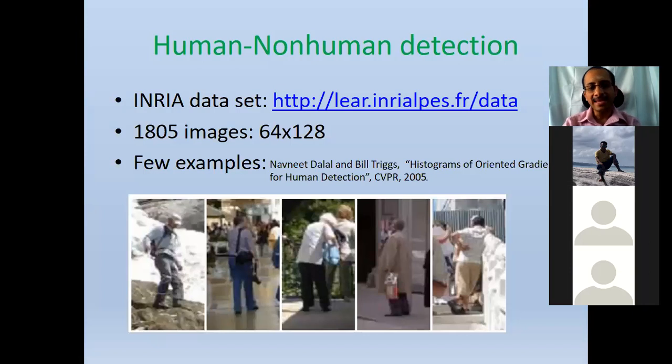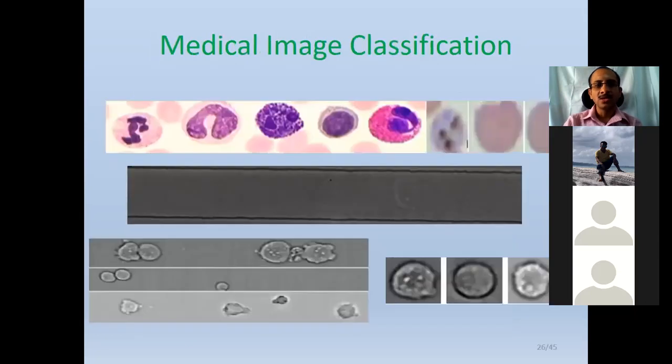So this is another application. This is in fact the first application in computer vision where they have demonstrated the ability of very good features of images known as histogram of orientation gradients, or orientation of edges. As I said before, the orientation or angle of edges plays an important role in feature extraction. That is what is being demonstrated on a large scale through this application. So this is human non-human detection.